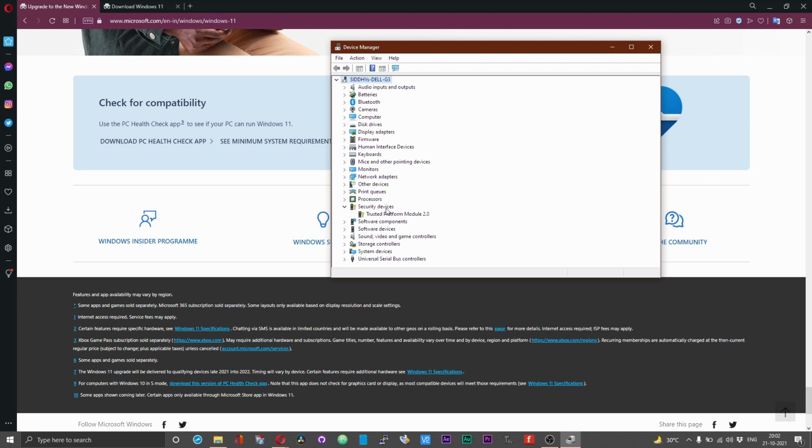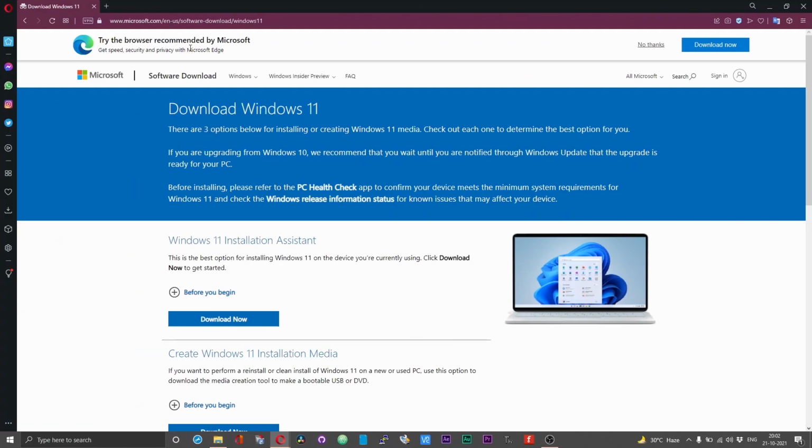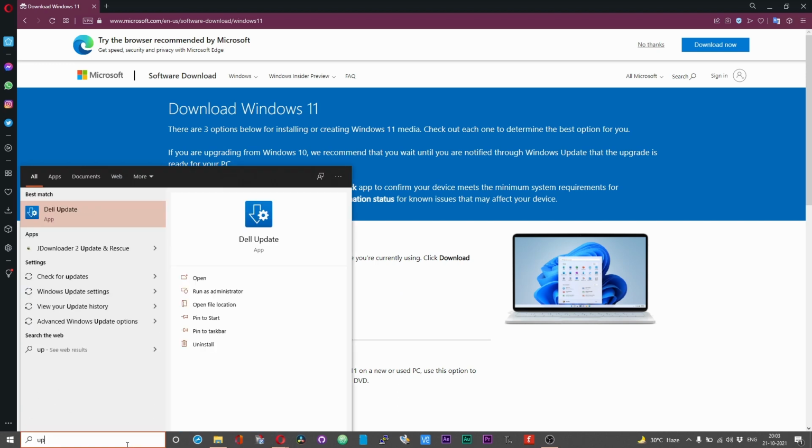In certain cases, certain PC manufacturers are allowing the upgradation of the TPM module from 1.2 to 2.0. So please do check that as well, as to whether your PC or computer is qualified for the upgradation. Once you satisfy the requisite criteria, there are a couple of ways you can perform the upgradation. First, check for updates.